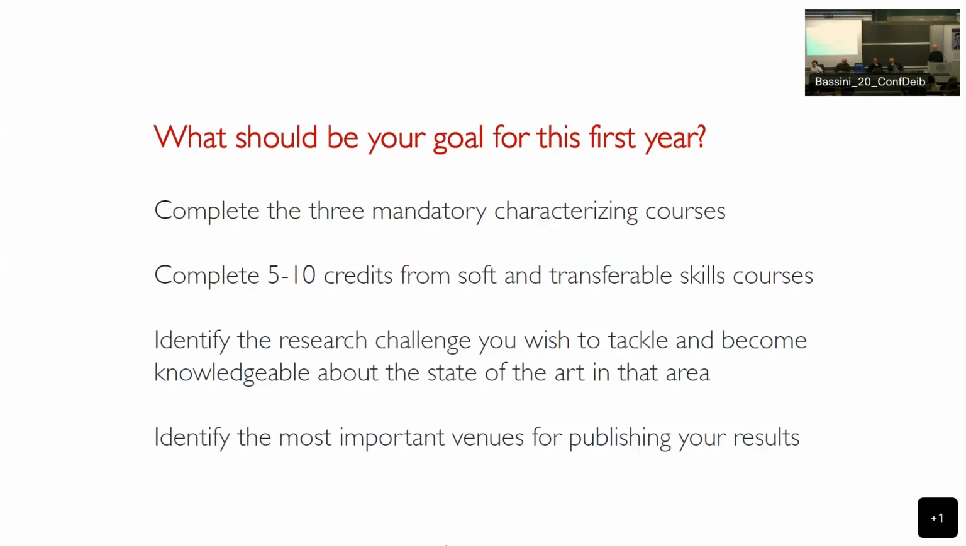But actually, we don't really expect this, because if you start brand new and you start, for instance, to work with the Health Data Science Center from Human Technopole or another company, then it's really difficult for you to become operative in the first year. So what we expect, surely, is to complete the 3 mandatory characterizing courses. Complete is better, if possible, also the credits for the soft and transferable skill courses, because they are very